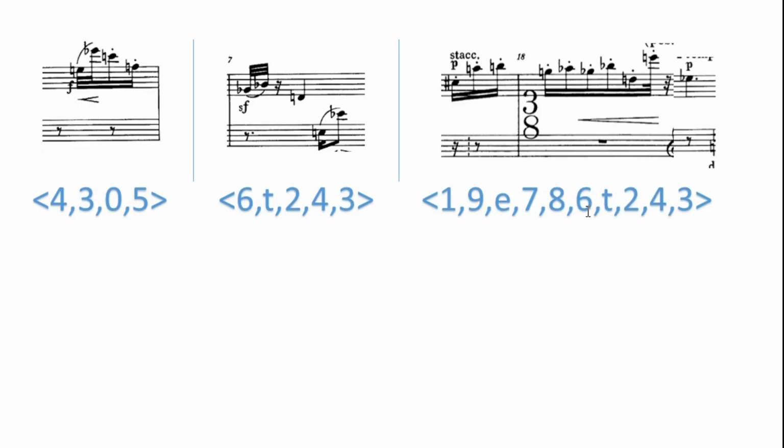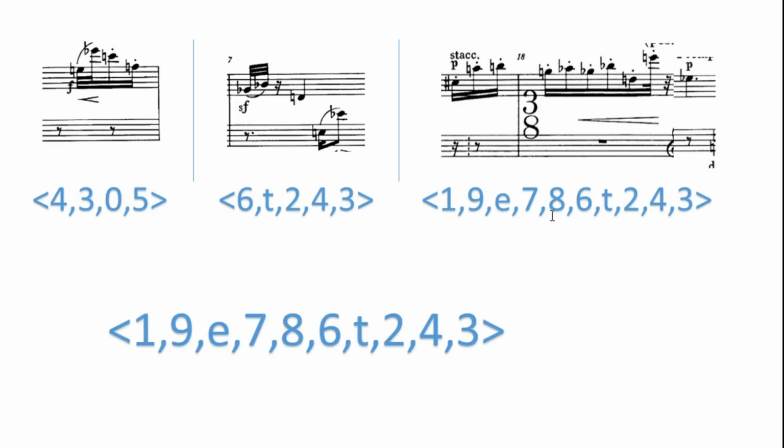In addition, we have 6, T, 2 appearing before 4 and 3, as we do here, which matches up with this segment, 6, T, 2, 4, 3. We also have the numbers 1, 9, E, 7, 8. In this segment, we have 1, 2, 3, 4, 5, 6, 7, 8, 9, 10 pitches, and we're only missing 2, the 0 and the 5. If we take that segment and put it here, and realize that we have 4, 3, and 4, 3 up in this first segment, we can take the 0 and 5 from the first segment and put it down here, and come to a pretty good theory that the prime form of the row is